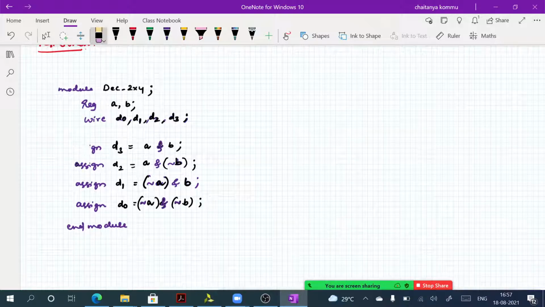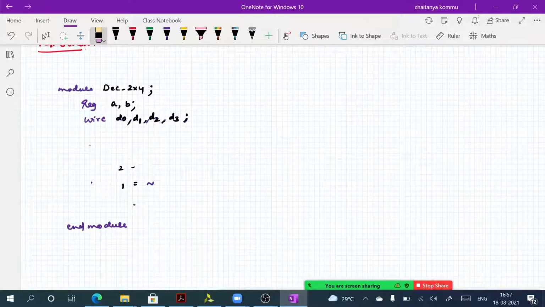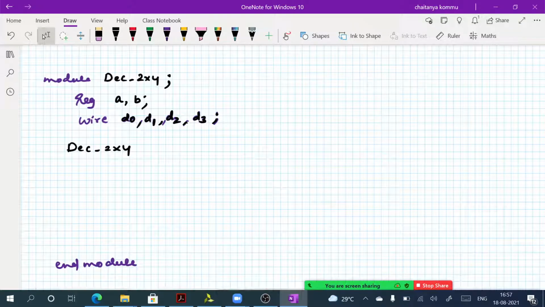So for that one, we have to use this code as a single module statement. What is the single module statement here, or module instantiation? We have to call this one by using decoder underscore 2x4. Okay, so this is the name that I have given. Of course, please remember, we should not give the same name for this one and this one.